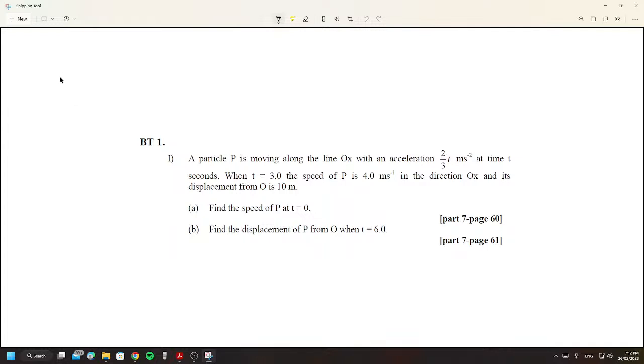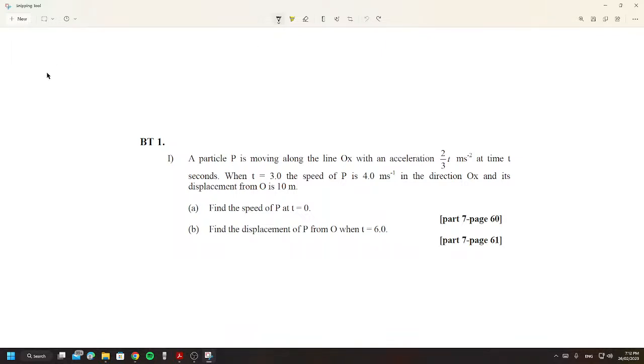Okay, integral, we know it's represented by this sign. Derivative, we know it's represented by this sign. The integral of a derivative cancels out. Integral and derivative, they cancel out. So if you have dx and you do the integral of dx, you're gonna get x. If you have dv, you do the integral, you get v. You have dt, you do the integral, you get t.